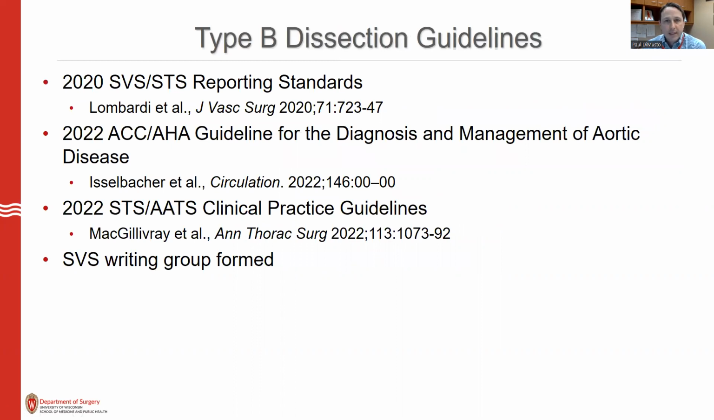There are several guidelines out there about the management of type B dissections, including the recent SVS STS reporting standards, the ACC AHA guidelines, the STS AATS guidelines, and there will be forthcoming guidelines on the management of dissections from the SVS, as a writing group has been formed. However, I wanted to focus on the specific medical management and how to optimize this for a patient with